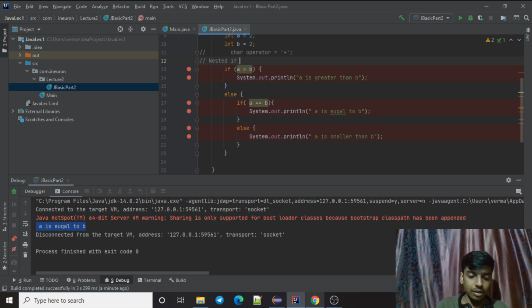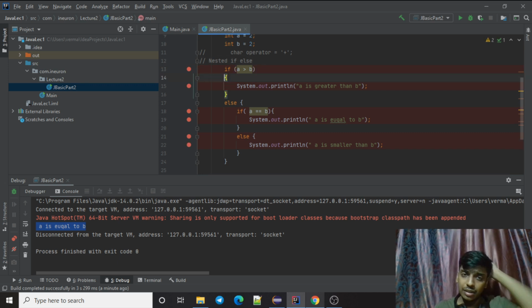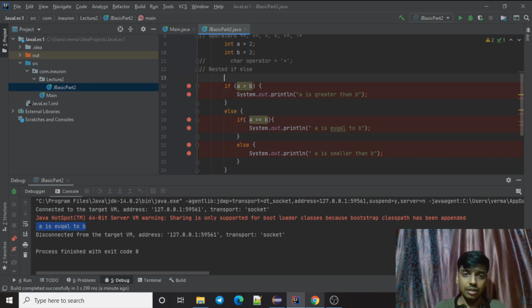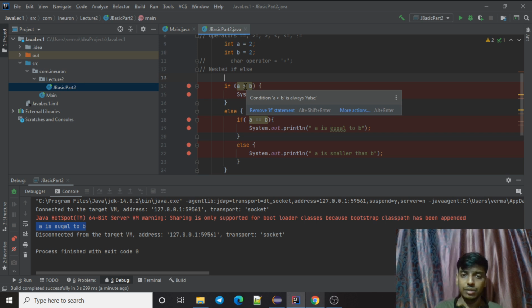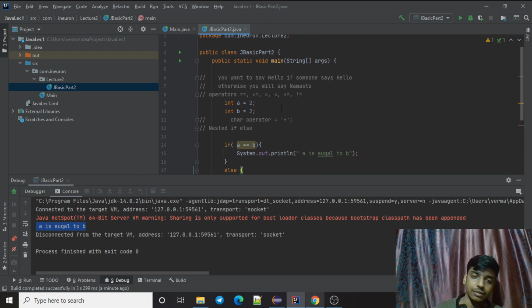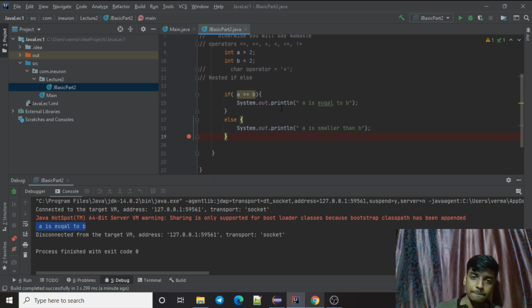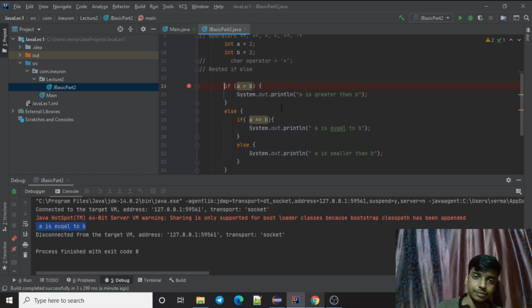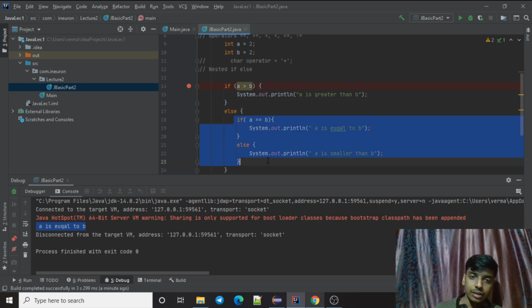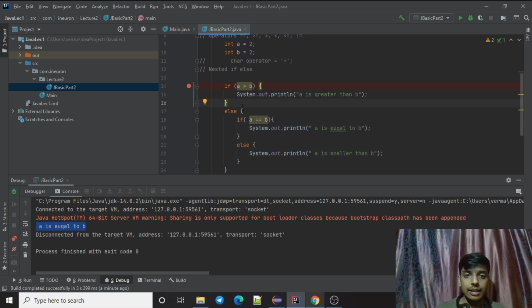Previously you have seen, so this is called nested if else, but not a lot of people use it because of multiple reasons. You can also put this inside this if statement and just keep one statement inside else. That will also work. Then again, there is something called if else if.